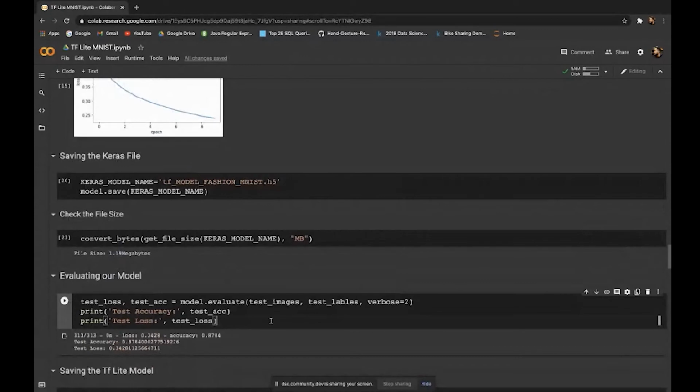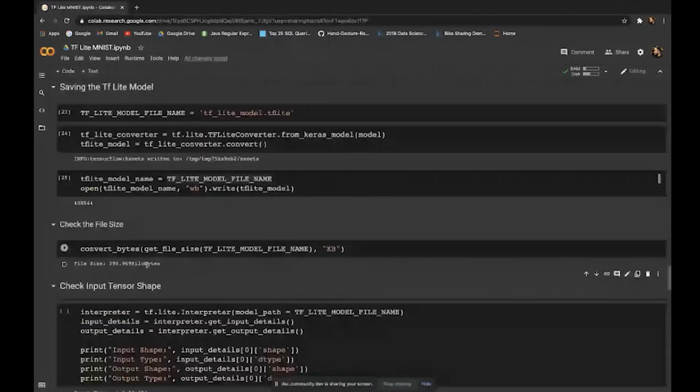So now let's evaluate our model with the test images and the test labels. After getting it, I am getting an accuracy of 88% and a loss of 33% with the test labels. And then I'll be saving the TFLite file. Basically, we first have to initialize the converter, and after that we need to call the convert function. So after converting my h5 file into TensorFlow Lite, now I'll be writing that. After converting the model from H5 to a TFLite file, I'll be checking the file size.